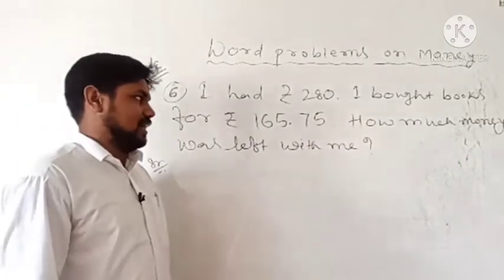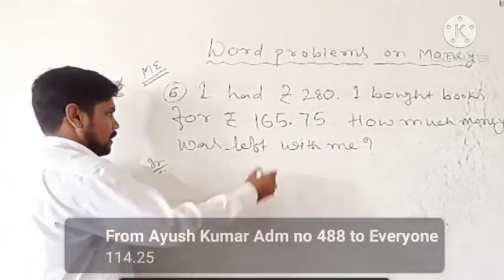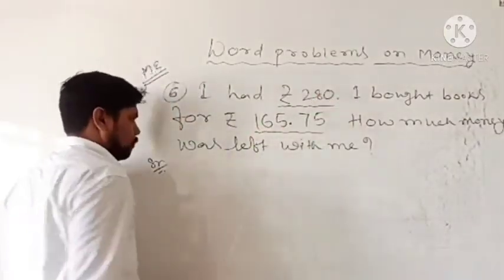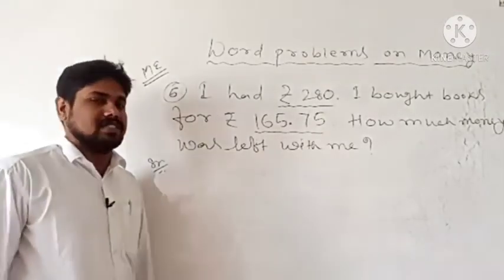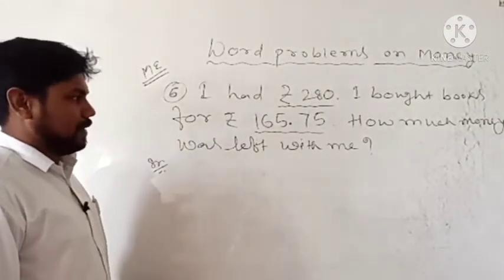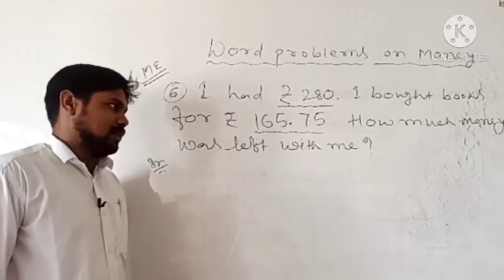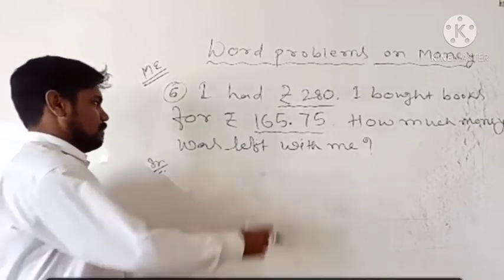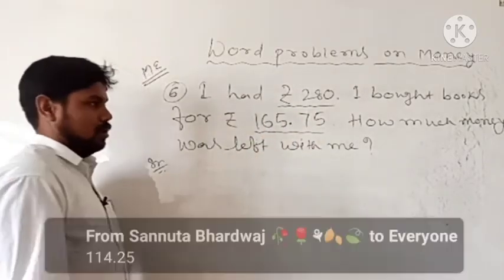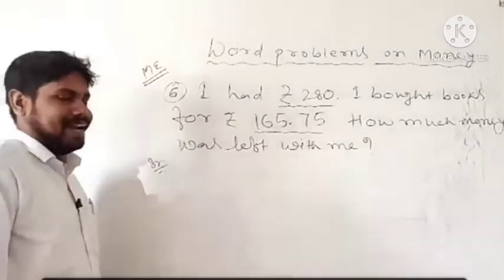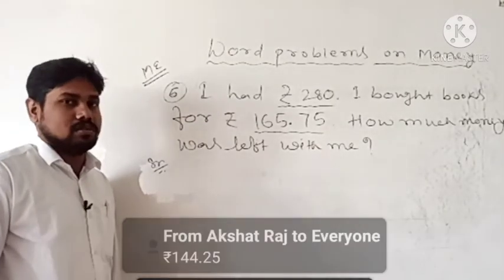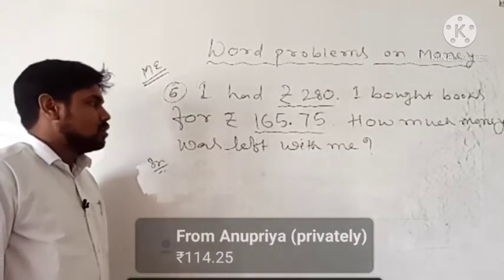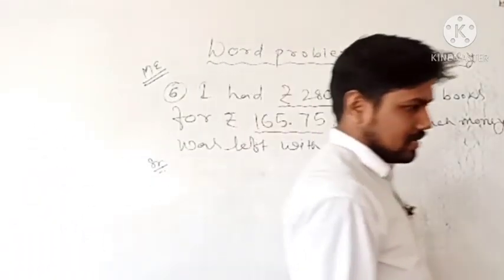This question is slightly different, but if you understood, you can very easily find out, because here 280 rupees has no paise, that means 280.00 will be there. So you have to subtract 165.75 from 280.00, right? Because this much I am spending on books. So out of 280, if I am spending this much, that means this much becomes less. So if it is less, we have to subtract, right? Let me see quickly who can answer this.